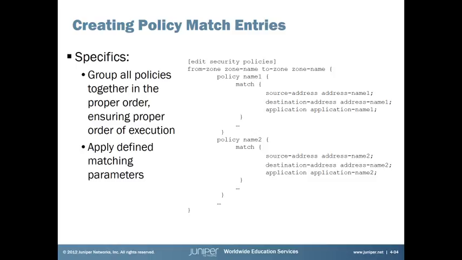Okay, so let's get into the nitty-gritty now of setting up these policy match entries. So we would go into edit security policies from zone to zone, policy name. In this case it's name 1, but we would actually give it an actual name. And then you would use the term match, and then you would write source address and give it the address